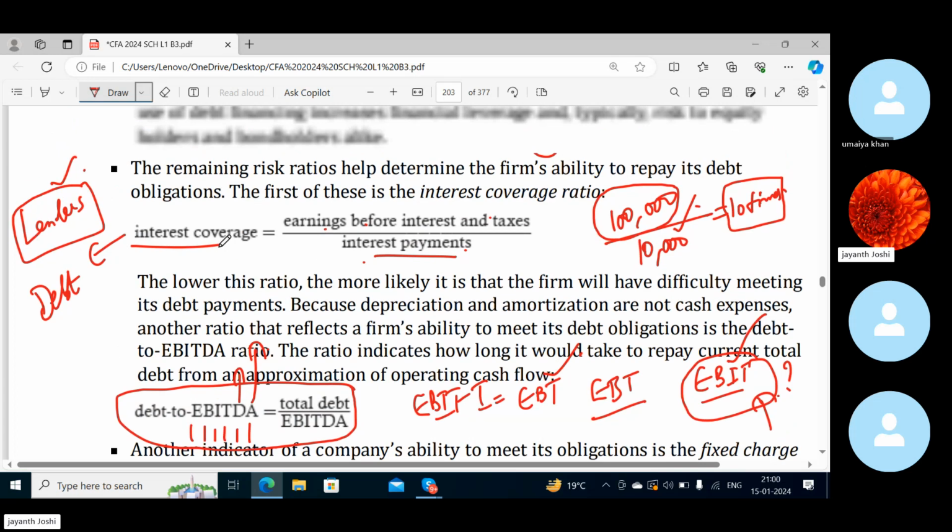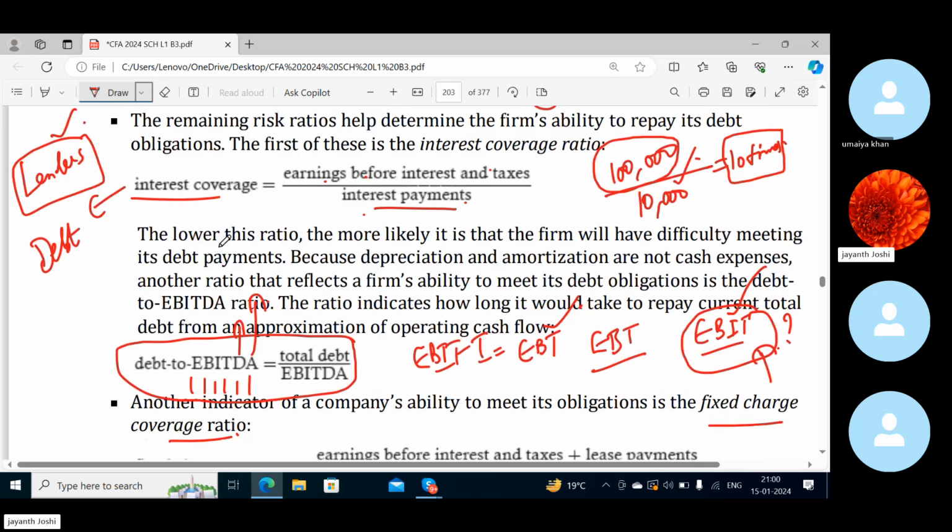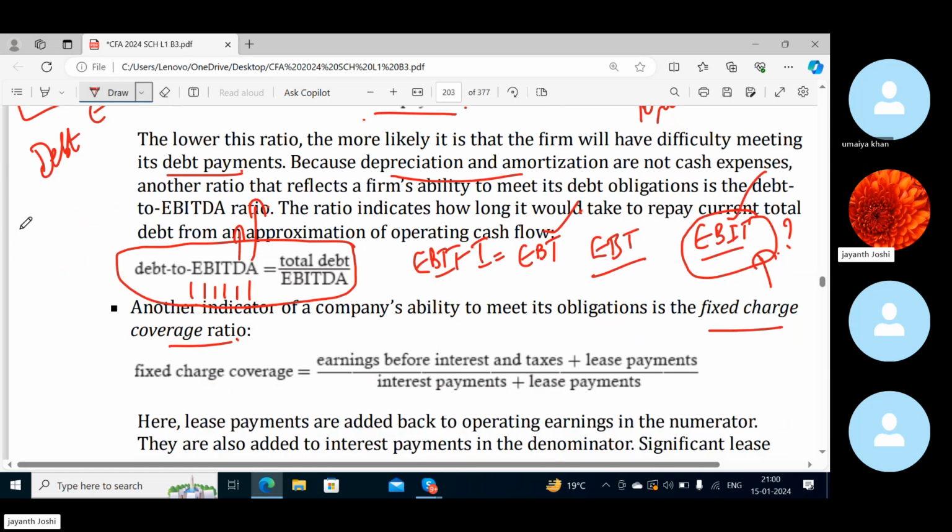The interest coverage ratio we have discussed. The lower this ratio, the more likely it is that the firm will have difficulty meeting its debt payments. Because depreciation and amortization are not cash expenses, another ratio that reflects a firm's ability to meet its debt obligations is debt to EBITDA. The ratio indicates how long it would take to repay the current total debt from an approximation of operating cash flow. So here the focus is not on earnings before interest and tax. Here the focus is on operating cash flow